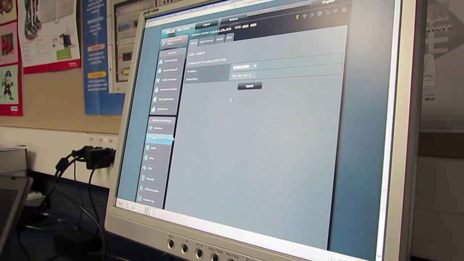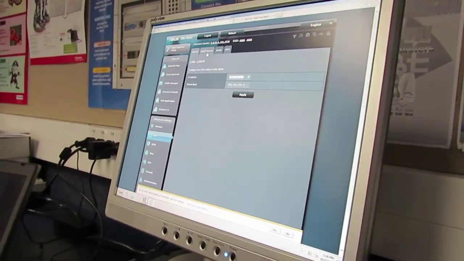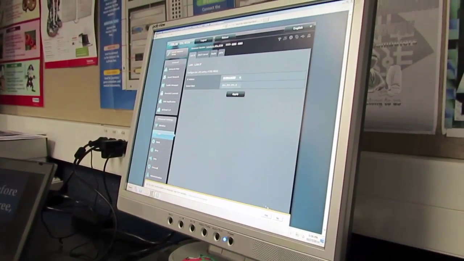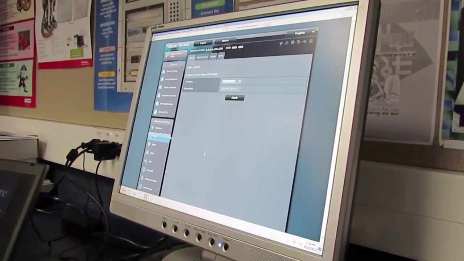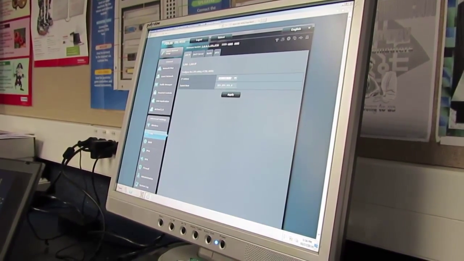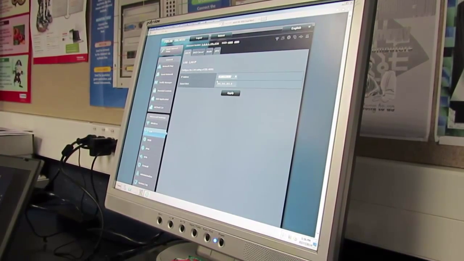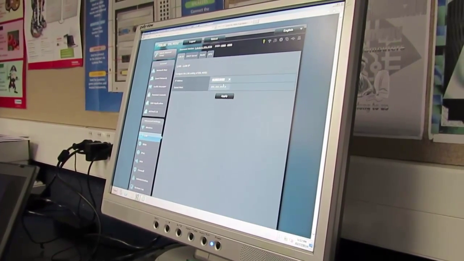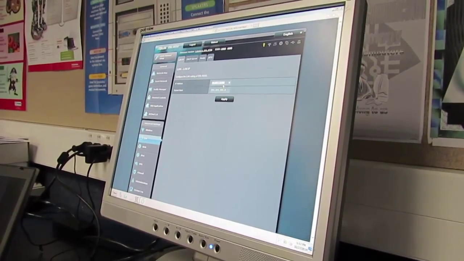192.168.1.1. That's the IP of this router, which we need to change because it's also the IP of the TP-Link. That's the first thing you have to do. Get it off the same range, so they're browsing two different networks. Now they've been given a range to use, and we have to use that. That's right. So if I go